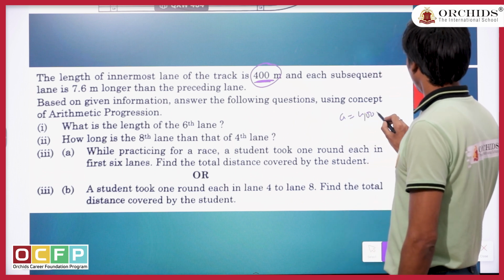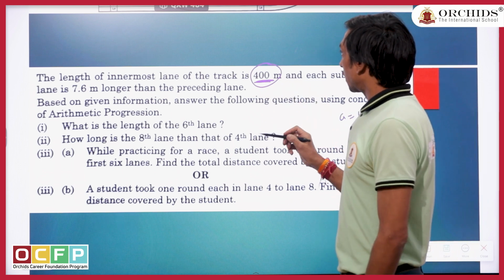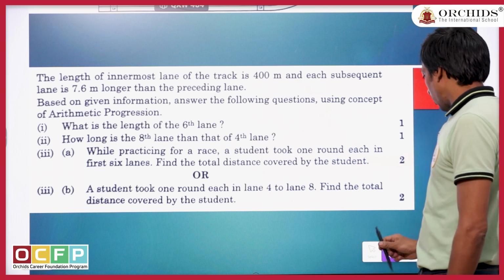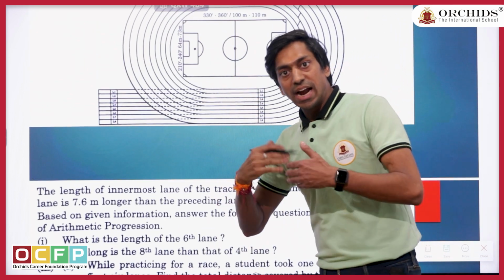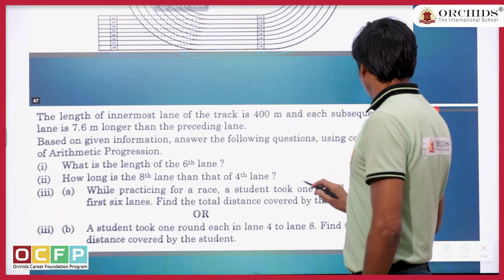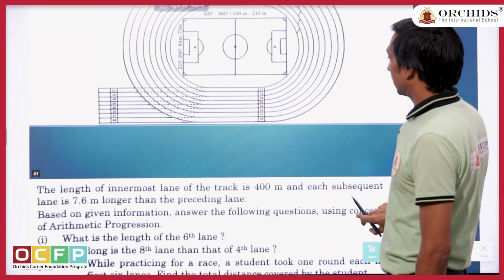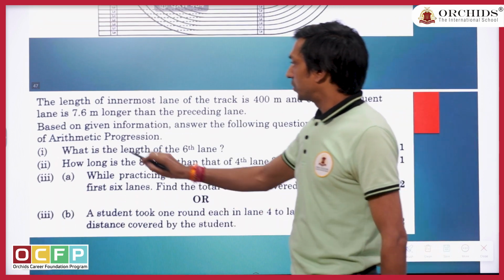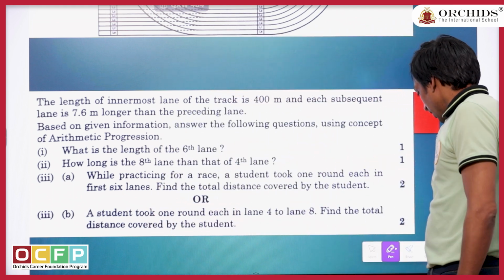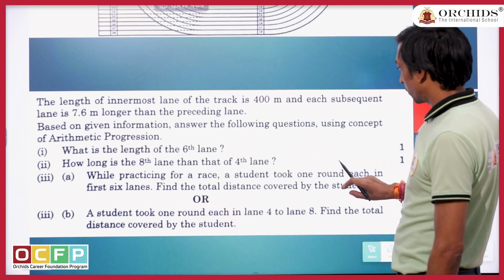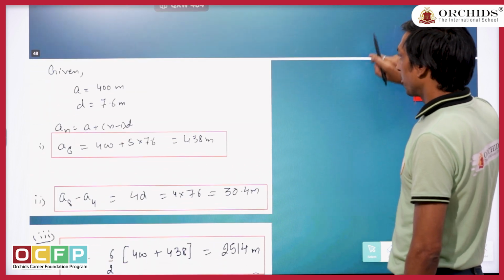400 meter. And also they are telling the subsequent length of the tracks, further track. The inner track length is given as 400 meter, and the next track, this is the first track, and when we count the length of the next track, that will exceed by a margin of 7.4 meter length. So it seems like it's a problem of arithmetic progression whose first term is given as